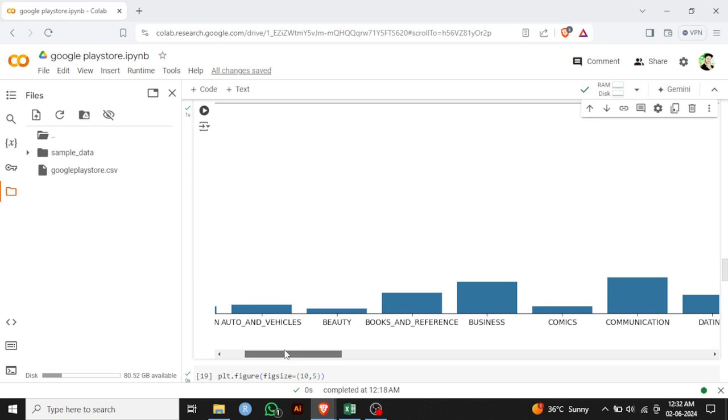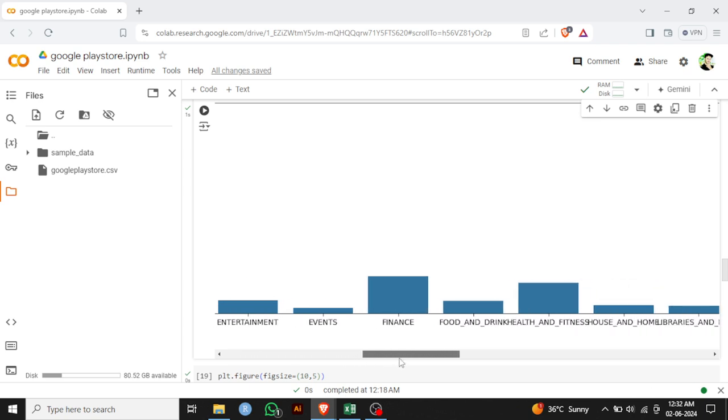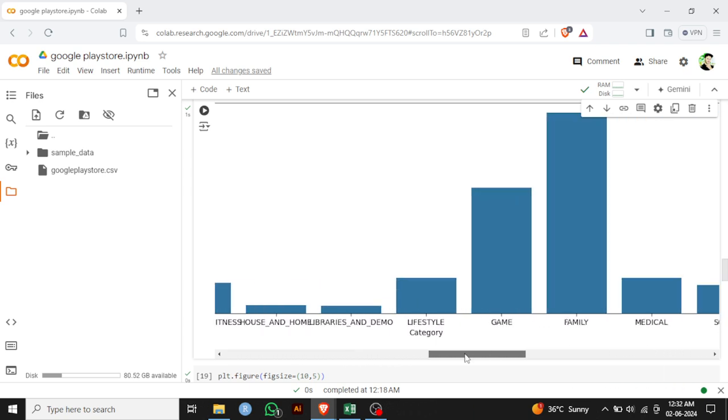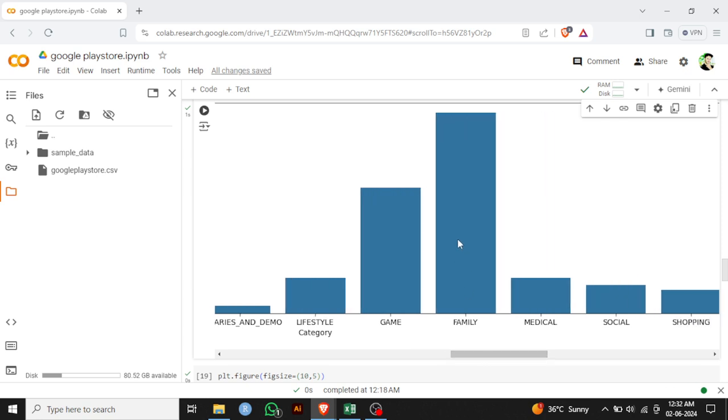Okay, here you see that finance is also high, and here the family category, the apps used for family purposes. We can say that the apps used for family purposes have a high number of installations